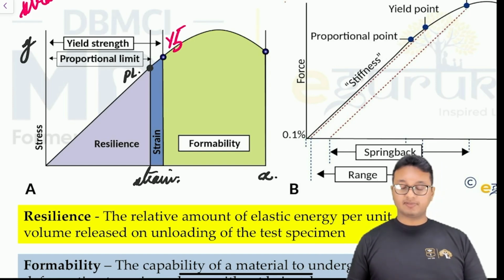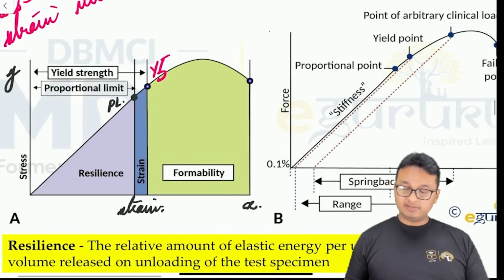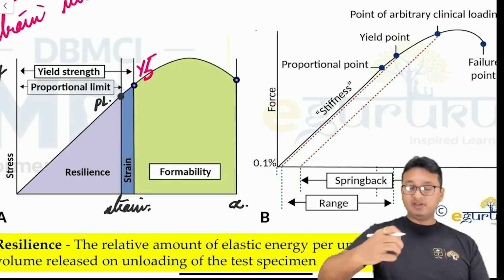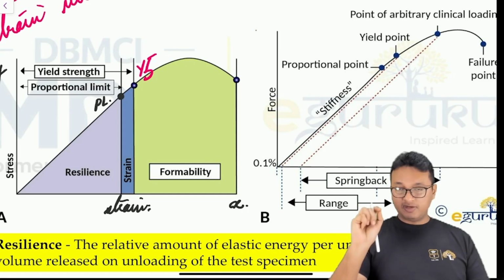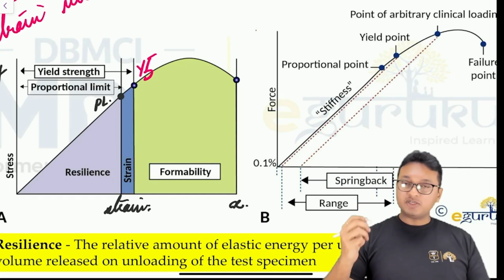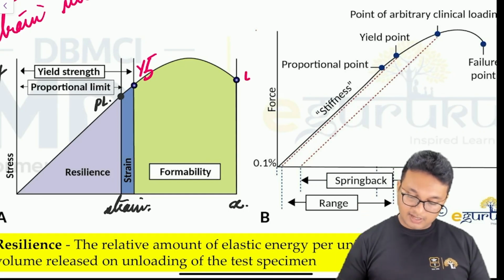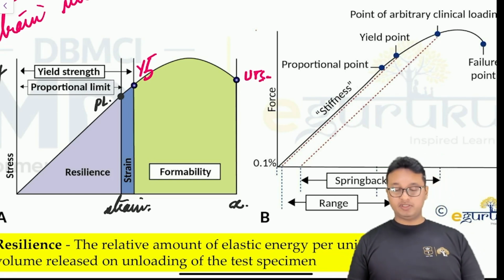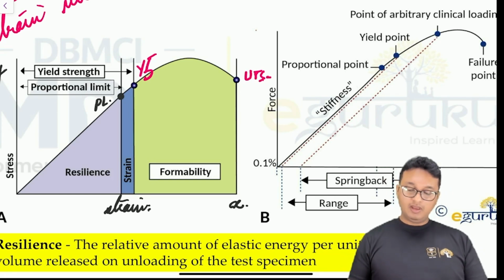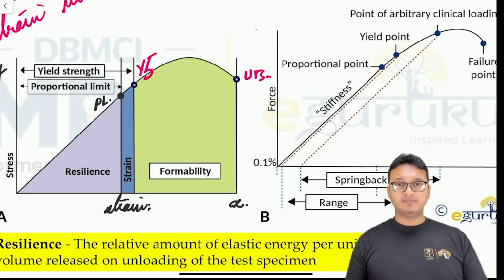That is called yield strength. Now, beyond the yield strength, even if you stretch the wire even beyond that, at one point the wire is going to break. That is called ultimate tensile strength, or that is also known as failure point. Okay. Now, if you plot a graph,